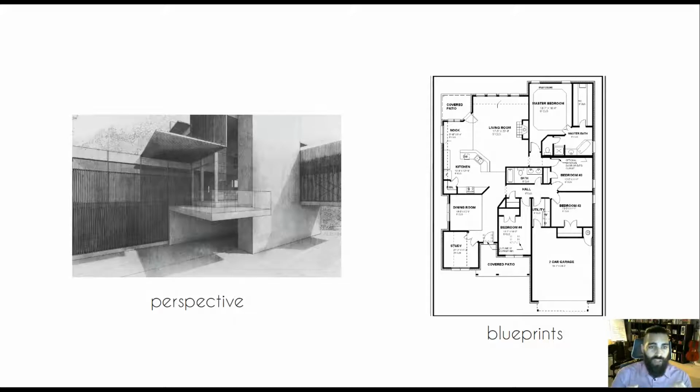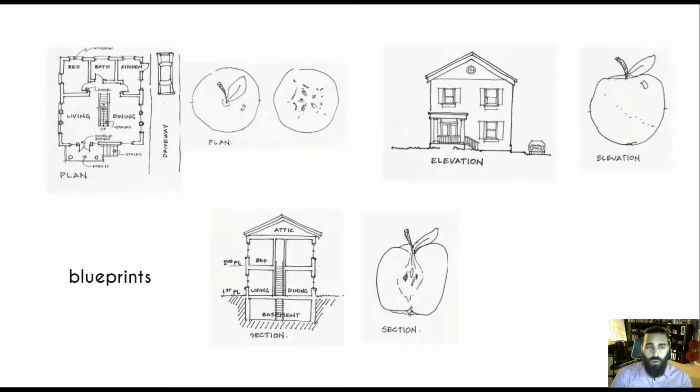So architects have two types of basic drawing tools, right? We have the blueprints and we have the perspectives. So blueprints are the tool that we use to document not only the design of the building from all angles outside, but we're also able to slice up the project at different instances of different axes to really understand it inside and out.